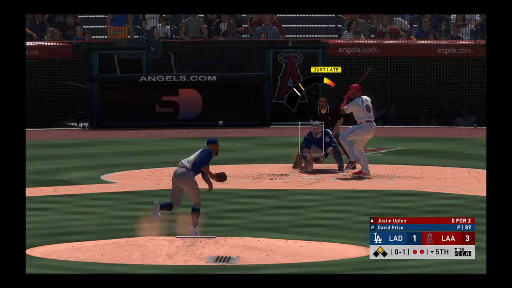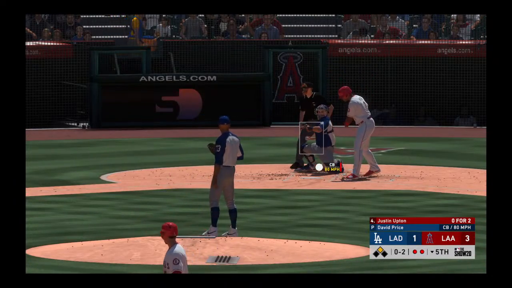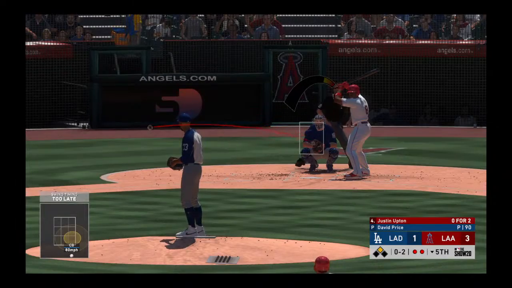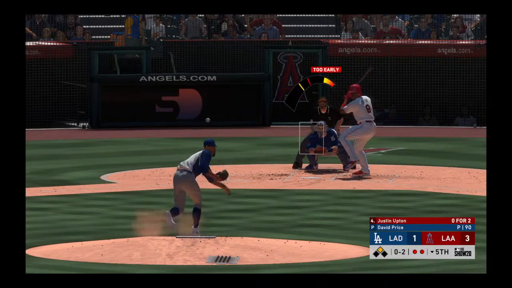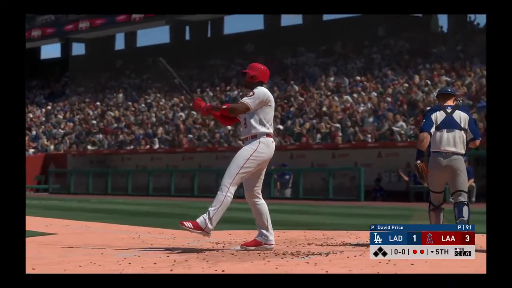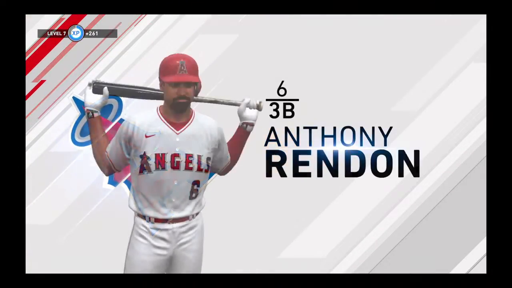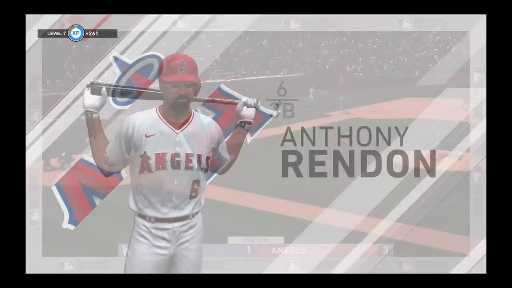Price pauses. Here's the 0-1. Curveball. Swing and a miss, and he's behind in the count 0-2. He hasn't thrown that pitch much all game. I got to believe it. And we'll have to leave it there as this is strike 3, and that will retire the side. Angels do get a...